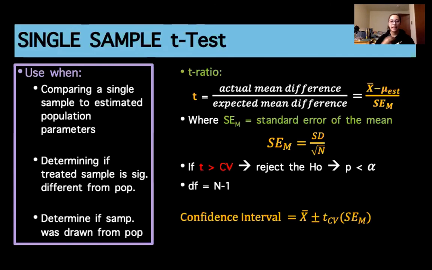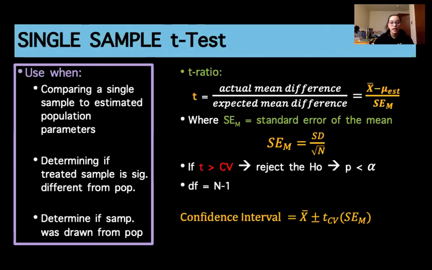So if I chose a 95% level of confidence, I'd find that column in the t-table, and then I would use my degrees of freedom, which in this case would be n minus 1, and I would find the intersection point of those two values to get the critical value, which is just representing how large of a difference do I need in order for significance to be met at that given level of confidence with this given sample